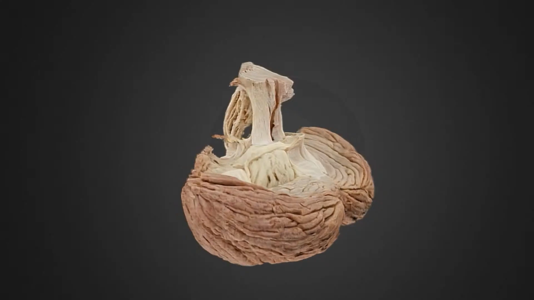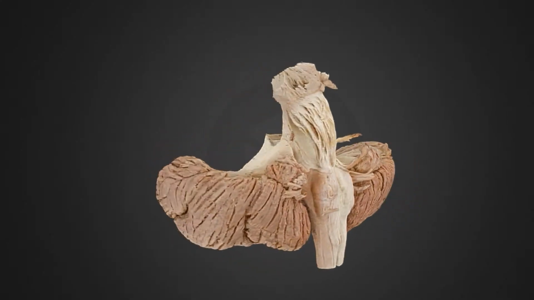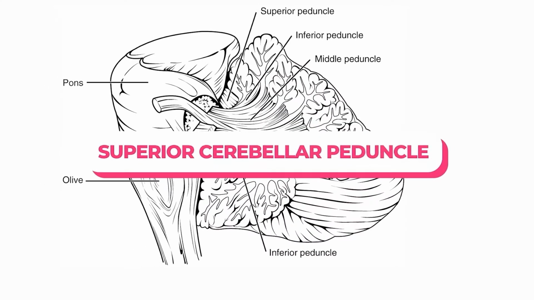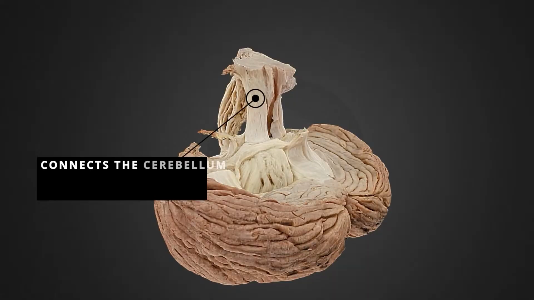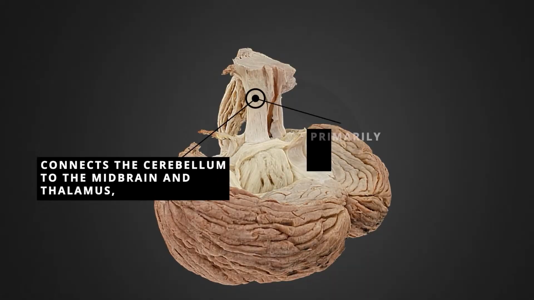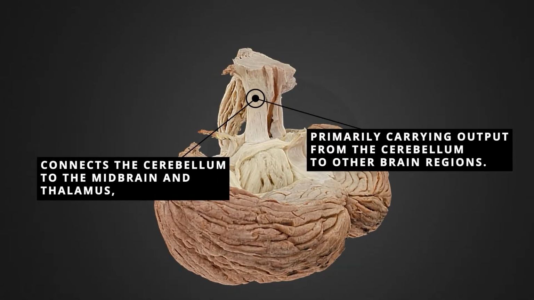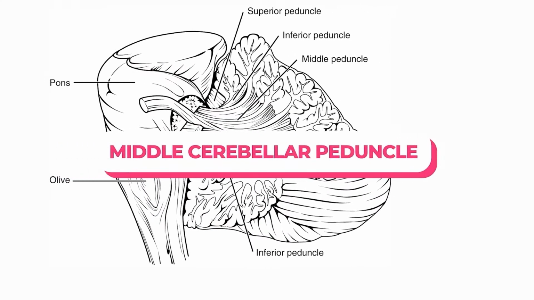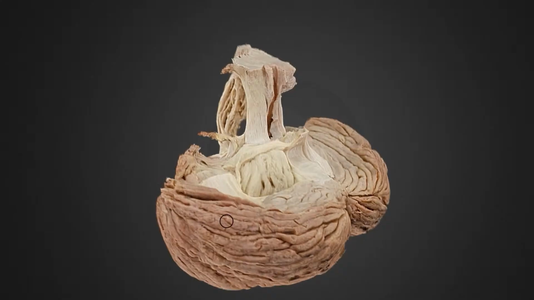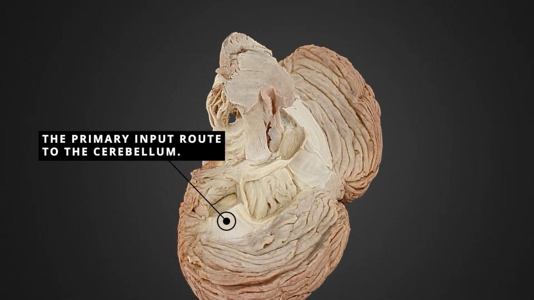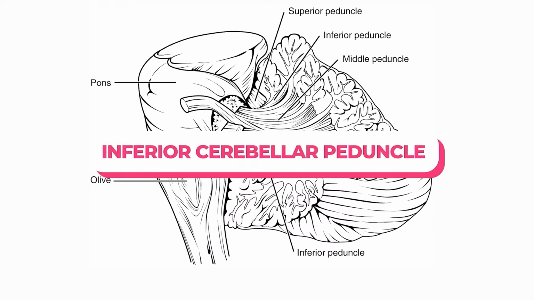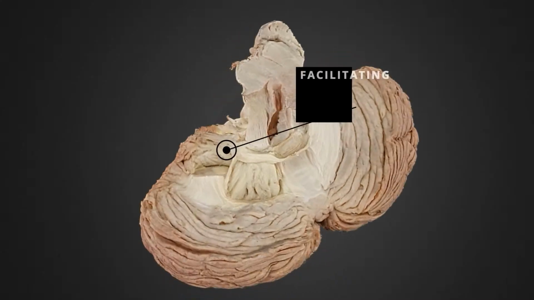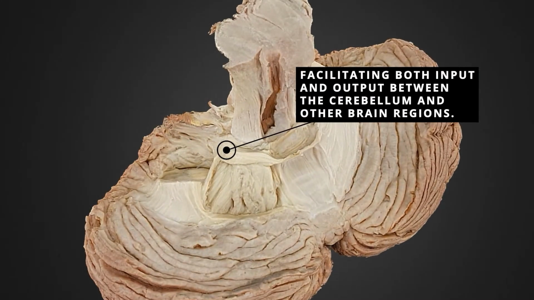Peduncles. The cerebellum communicates with other parts of the brain via three paired structures known as peduncles. Superior cerebellar peduncle. Connects the cerebellum to the midbrain and thalamus, primarily carrying output from the cerebellum to other brain regions. Middle cerebellar peduncle. Connects the cerebellum to the pons and is the primary input route to the cerebellum. Inferior cerebellar peduncle. Connects the cerebellum to the medulla oblongata, facilitating both input and output between the cerebellum and other